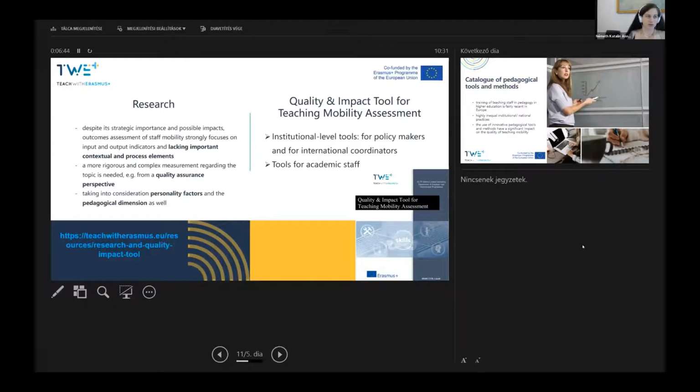And based on this research, we developed a quality and impact tool for teaching mobility assessment. Now this is intended to be a very, very practical tool for all the stakeholders involved in teaching mobility. So the quality and impact tool has a section for institutional level tools, for policymakers in the institutions and for international coordinators. Laszlo will present it in detail, but to give you an idea of what you can find here,